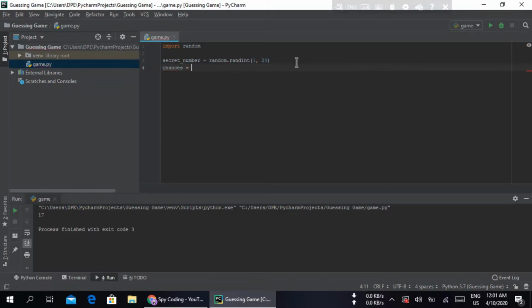Chances should be 3, and we're gonna count how many times the user has guessed. Okay, let's keep it 0. Every time the user inputs something, it will be changed to 1. Okay, now